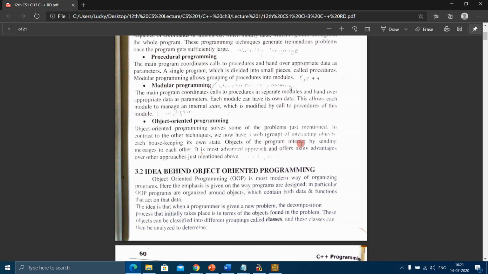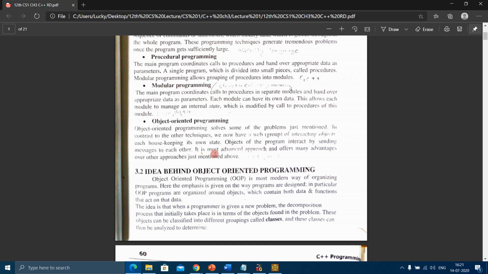Objects of the program interact by sending messages to each other. A program has multiple objects, and all the objects can communicate with each other by sending messages. How? That also we'll see when we see the example.